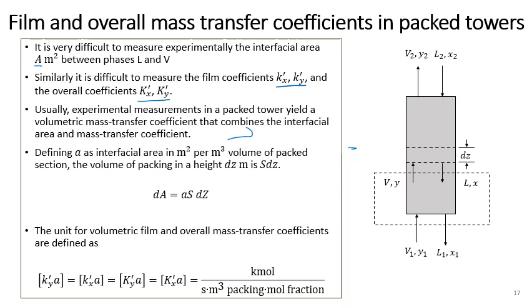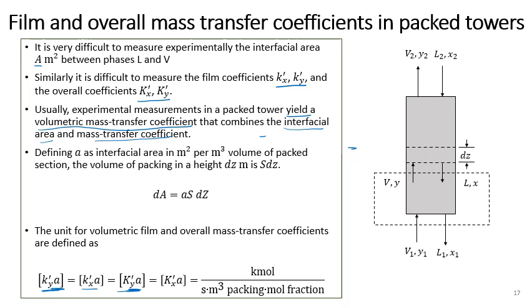So usually the experimental measurement in packed tower, instead of the kx and ky, the overall mass transfer coefficient, will yield the volumetric mass transfer coefficient. It combines the interfacial area and mass transfer coefficient. So instead of kx and ky, you would have kya, you would have both. I mean the combination between the mass transfer coefficient and the interfacial area, because that would be easier to measure,